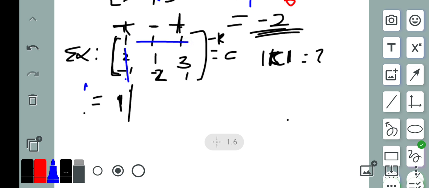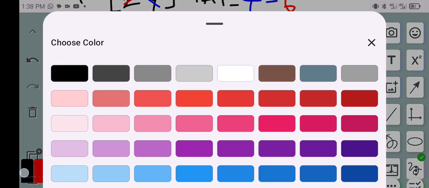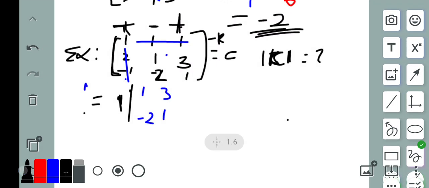So what do we have left here? We have 1, 3, minus 2, and 1. Do you get it now? So 1, 3, minus 2, and 1. That's how you do that, and that's how you solve that step. So for the other one,